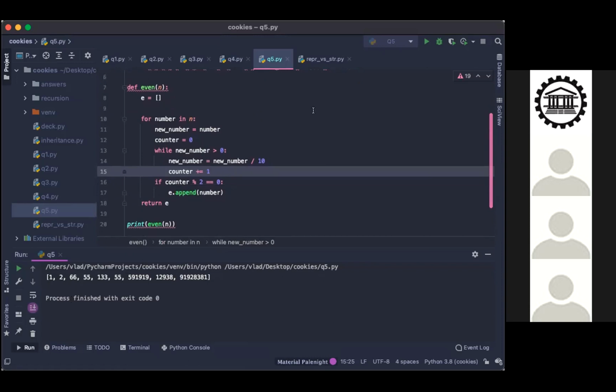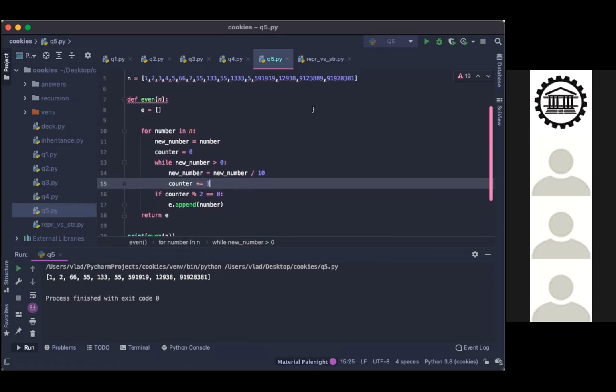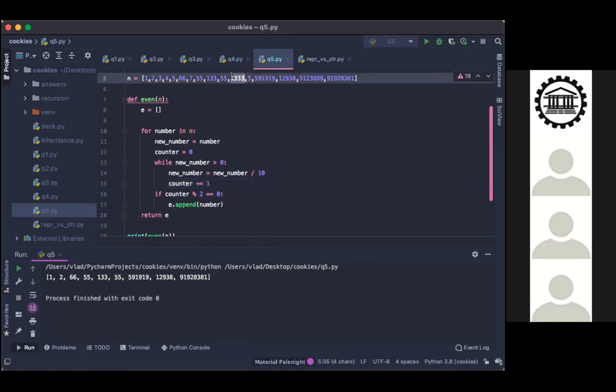What about, okay, so 591 is even, but not the next one. That one also even? Yeah, that one's even. And then it didn't get 1333. That's fine. It didn't get that one. For some reason, it didn't get 5 either, well, I mean, you know the reason, but yeah.